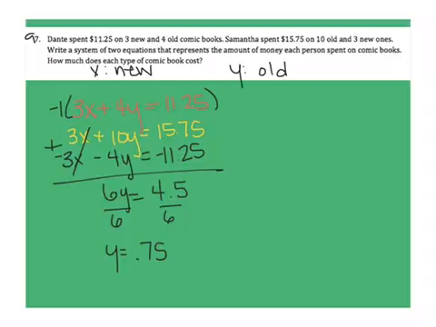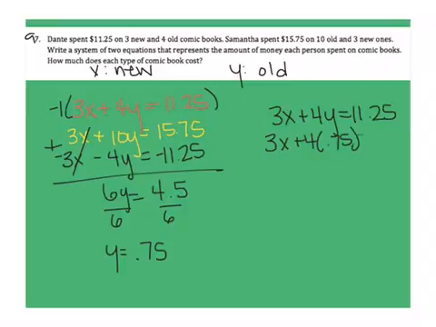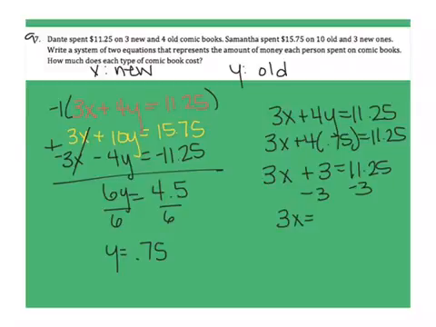So now we're going to take that and plug it back into one of the original equations for the y value. So I'm going to get 3x plus 4y equals 11.25. So I'm going to do 3x plus 4 times 0.75 equals 11.25. So I get 3x plus 3 equals 11.25. Subtract your 3. So 3x is going to equal 8.25. Divide by 3. So x is going to equal